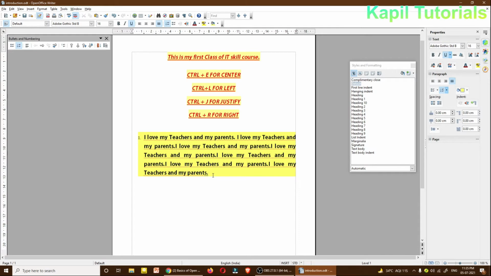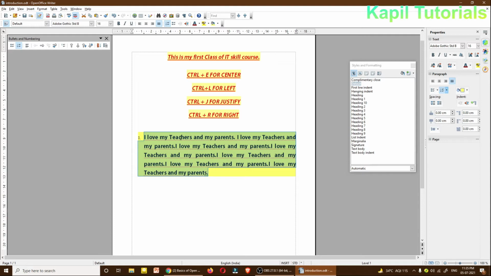Now selection I hope that you already know, but still, how to select: by pressing the left mouse key I'll drag it like this and then I leave my left mouse button. Or a simple way is, suppose I have written here love, I double click on this, the whole word is selected, and if I triple click, then the whole sentence, and again 4 times click, the whole paragraph is selected.